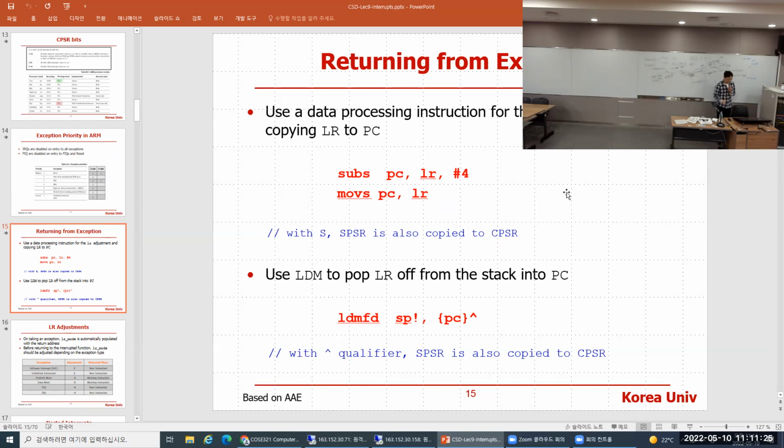Okay, done. When you return from an exception, in case of software interrupt, what did we use? MOVS PC, LR. So you are returning back to the interrupted place, right? And S means SPSR will be copied to CPSR, right? Two operations: copy this one and